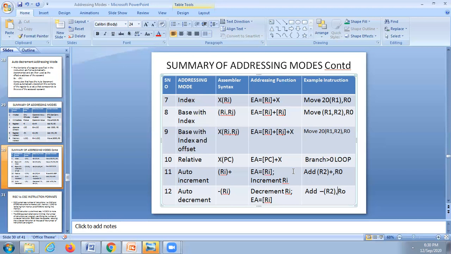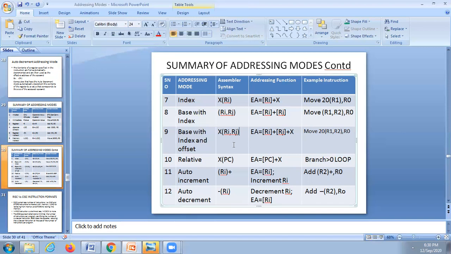Not all 12 need to be used by all processors. Out of 12, some may use only 6, some only 8, and some may use beyond this. That depends upon the design. Is it clear? In general, the majority of processors will use some of these 12, not all. Some of the addressing modes will be used by different processors. That's what I mean to say.